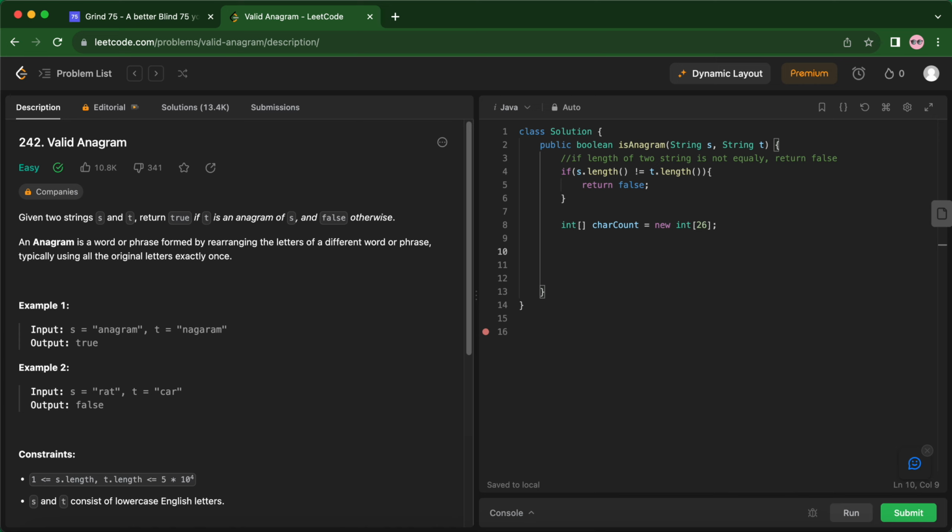Okay, now we'll count character frequencies in string S, right? Because first we have to traverse the first string and increment the values. We'll say for char C from S dot to char array, and we'll say